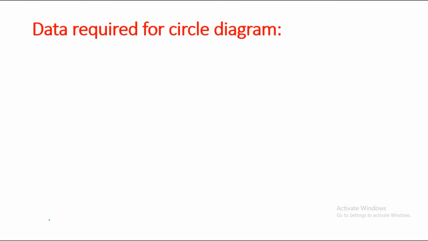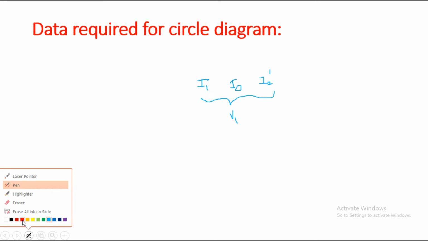In approximate equivalent circuit, we have discussed about three current phasors. One is line current I1, and it is a vector addition of I0, no load current, and rotor current referred to stator, I2 dash. And all these three vectors are going to have a common reference axis, and V1, that is normal supply voltage, is going to be the common reference axis for these three current phasors while drawing circle diagram. And now we'll see the nature of each and every current phasor.